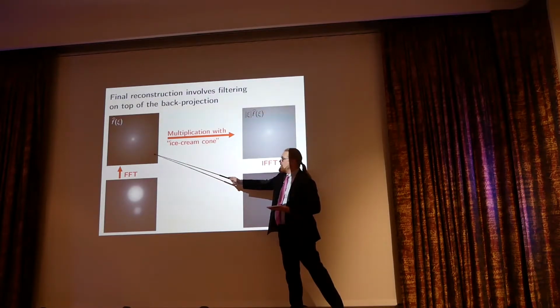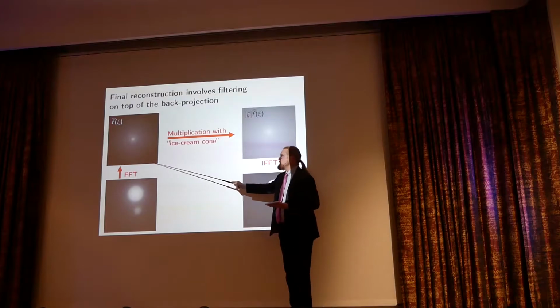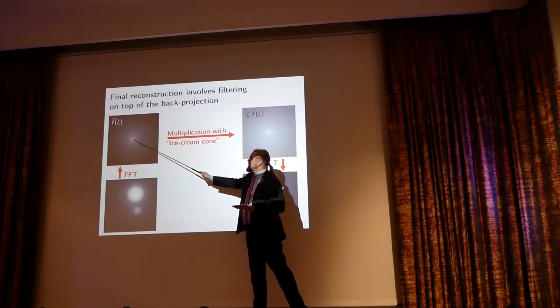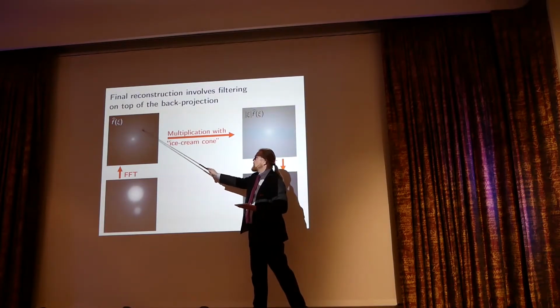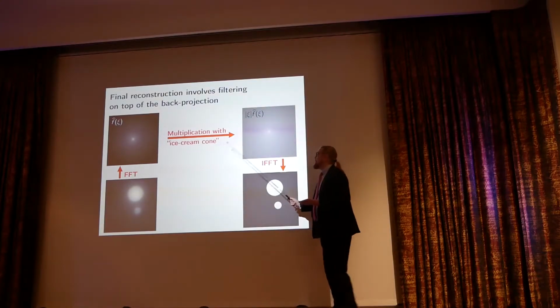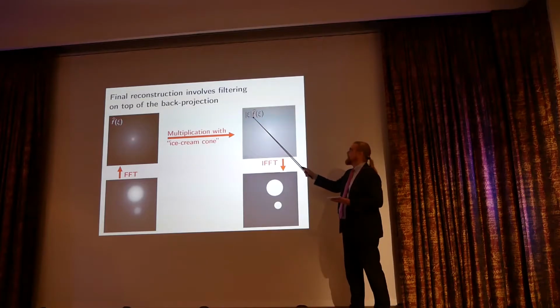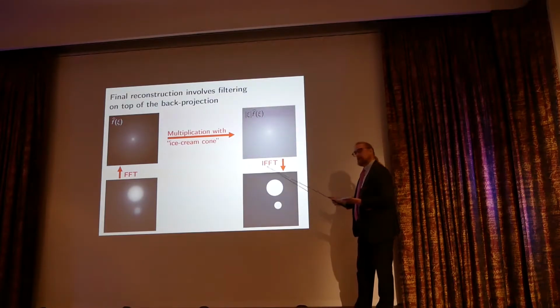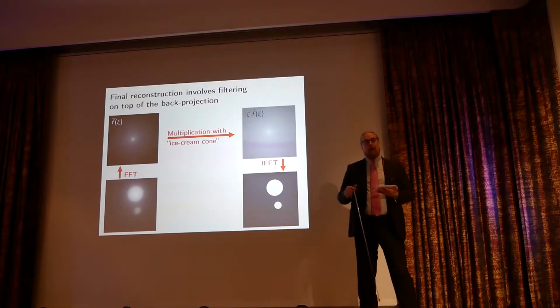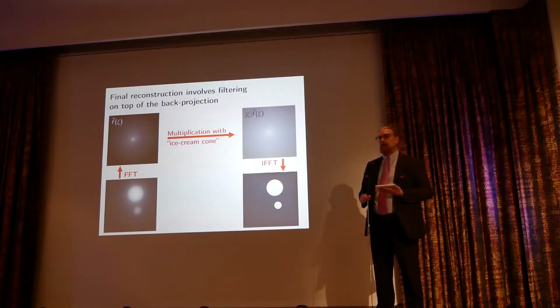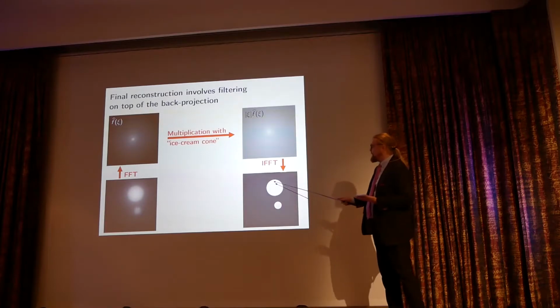In the frequency domain, which is totally unintuitive for a person, we make the high frequencies stronger, so low frequencies in the middle, and the more you go away, the higher the frequency. We make them stronger by multiplying by what I call the ice cream cone, and then we make the inverse transform. There's a mathematical proof published already in 1917 by Johann Radon that we get perfectly the image back